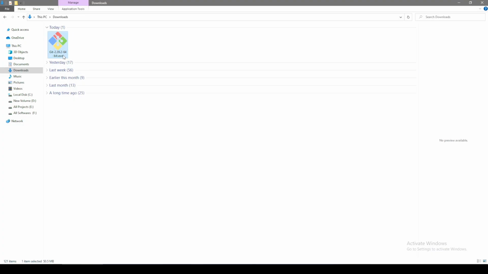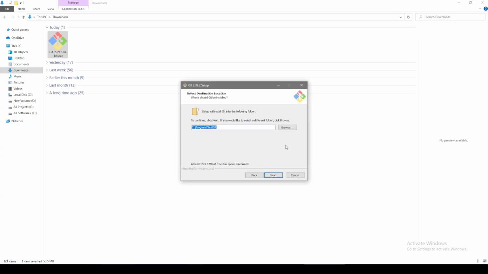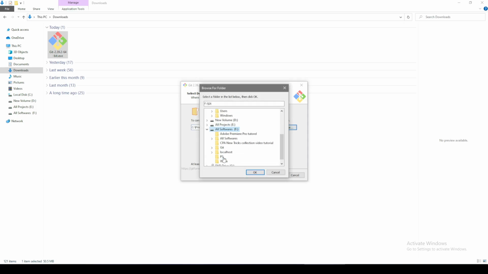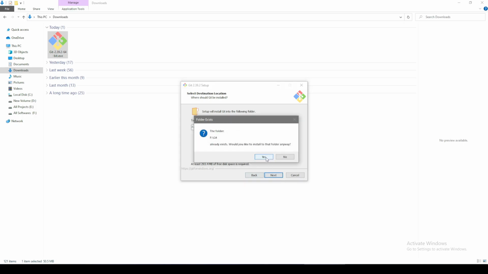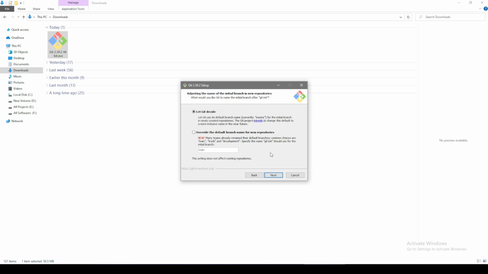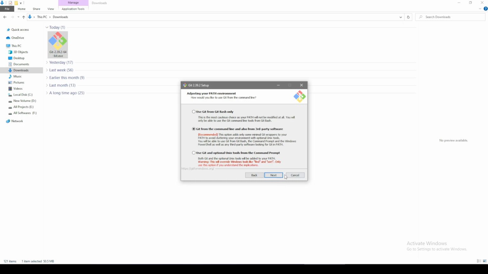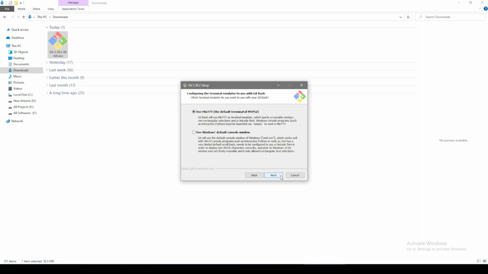Alright, so our file has been downloaded. Double click here, and then you'll find the allow option. Click yes, and after that click next, and you have to choose your directory. I'm choosing the default directory here and clicking next, and just click next. After that, as there is nothing that important, click next. So we have to click next one by one, and we will get the default access,